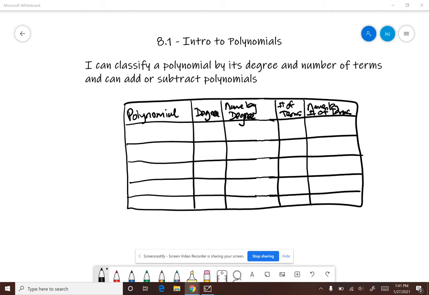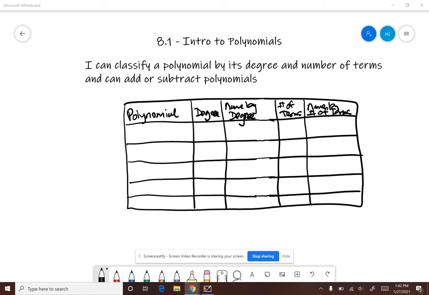All right, so we are looking at the beginning of Chapter 8. Again, this is going to be a really quick chapter probably, and we'll get as far as we can before we have to quit for the semester. So 8.1 is Intro to Polynomials, and we're going to be talking about polynomials, and we've got our mission here as well. I can classify a polynomial by its degree and number of terms, and I can add or